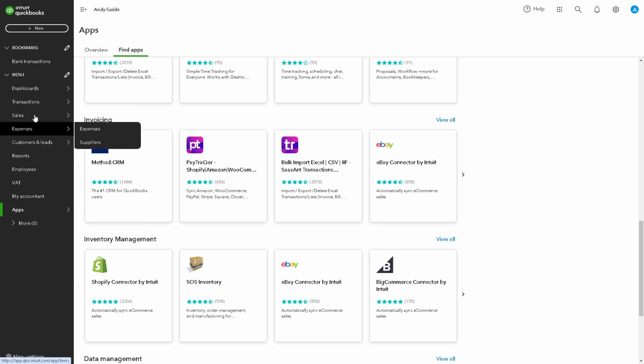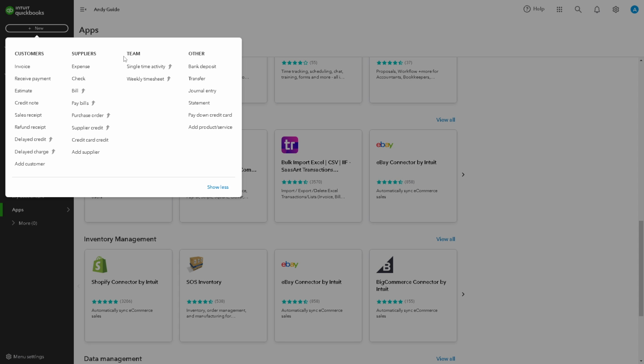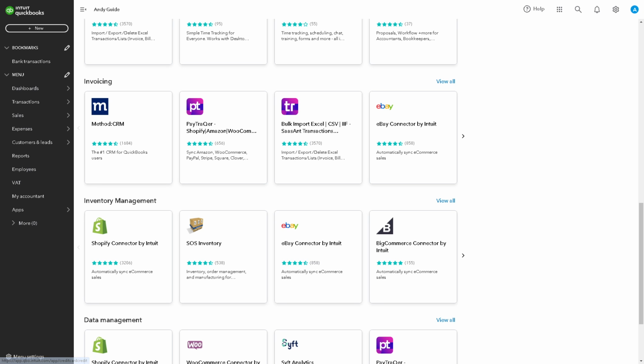Now, for us to be able to categorize refunds in QuickBooks, you might want to go in the left side panel of your dashboard and hover to New. And from here, all you have to do is click on the credit card credit. All right, click on it. And from here,